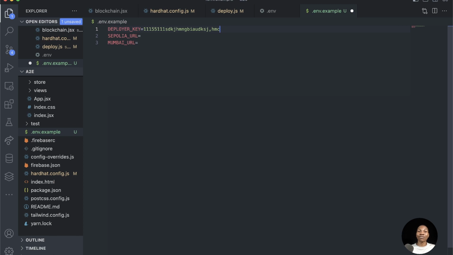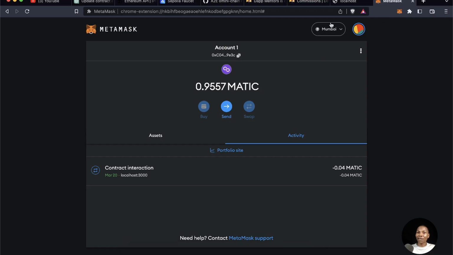So it's going to be something really lengthy, so you have to add it. This is not exactly it. I'm just putting that here because I don't want to reveal my own key. Okay. So after doing that, you have to come and